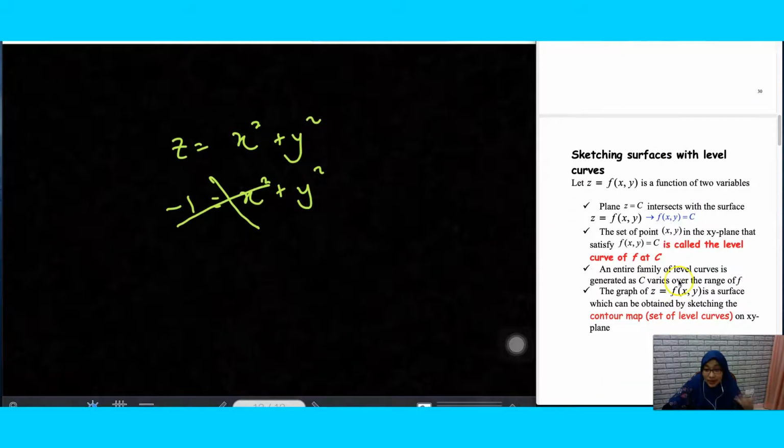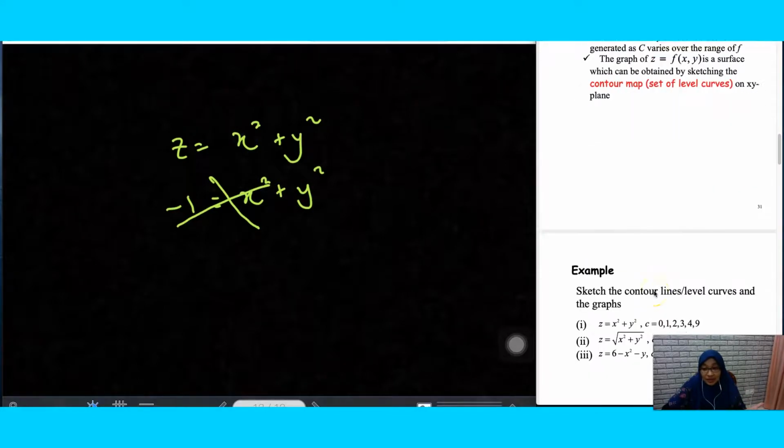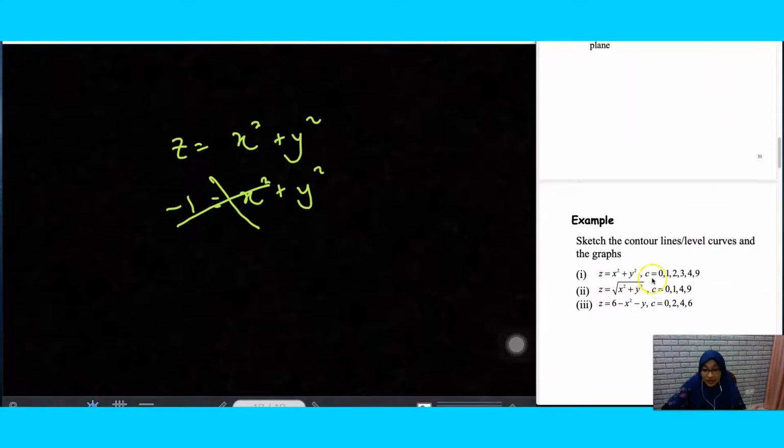So how can we sketch the level curve? I don't want to explain this, since we have done that. It's just the idea. We have done sketching this, which is the ball, and this is the cone. I know that the majority of you are confused. How can we have, let's say, this one